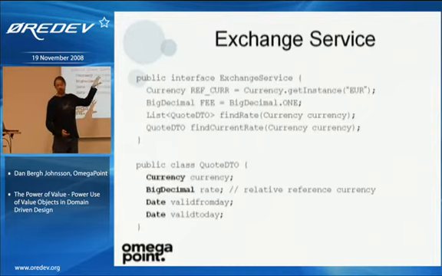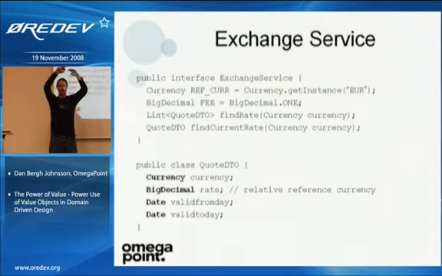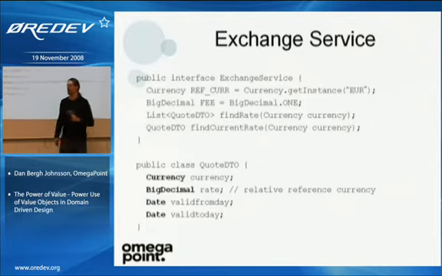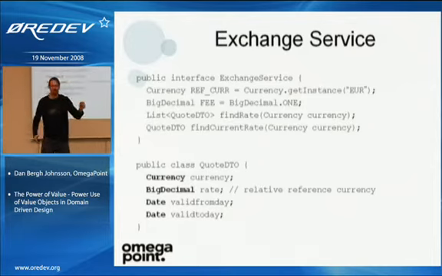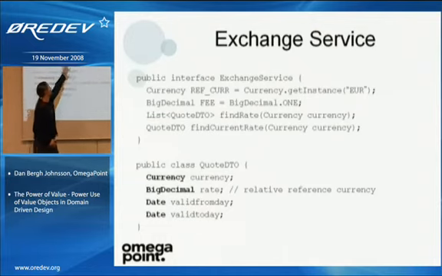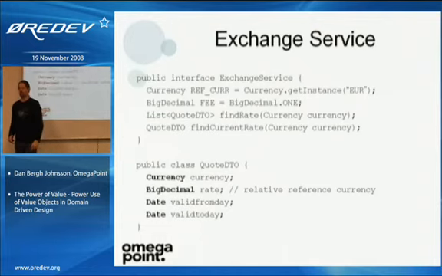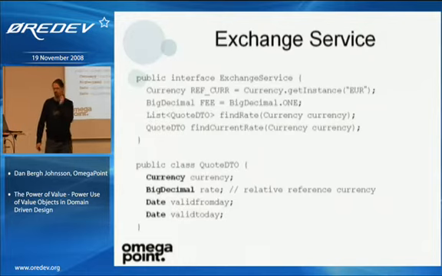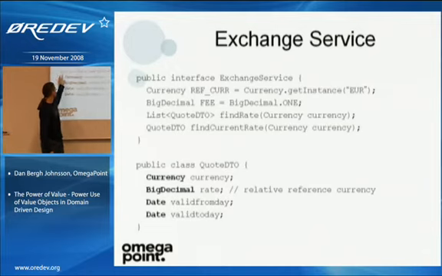This card will interact with the exchange service, which has got some kind of reference currency because it does not want to maintain the entire matrix of all currencies to all currencies. So it's just got a list of currencies relative to the euro. And you can find the current rate of a currency or all the rates of a currency. And the quote will be returned as a DTO